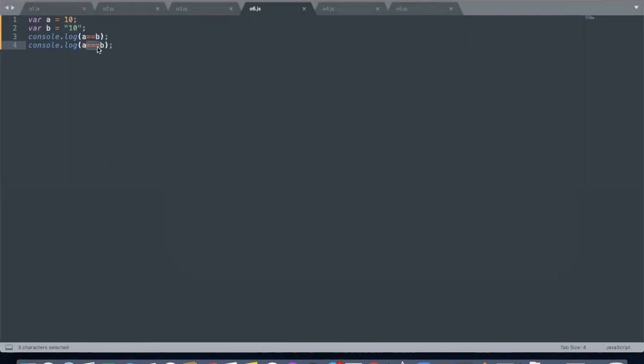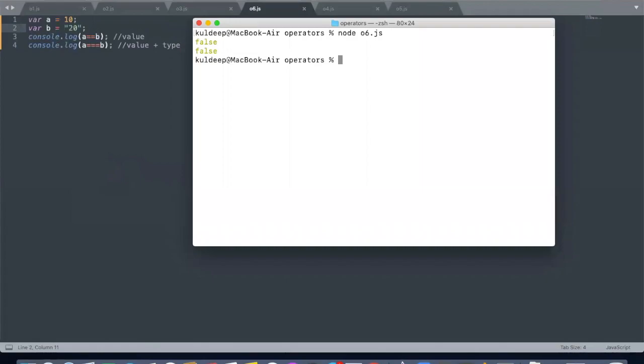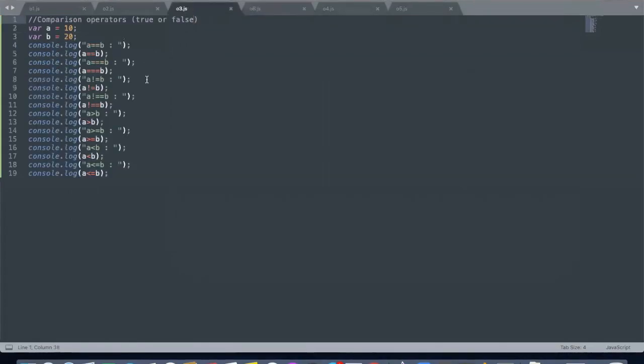So in the second condition, guys, the data type is different, but the values are the same, so it's going to give you false, right? So this checks for the value plus type. This checks for the value only. So when we have values like 10 or 20, that is actually false in the values and type, so you're going to get false and false, right? That is some clarity about the question, right?